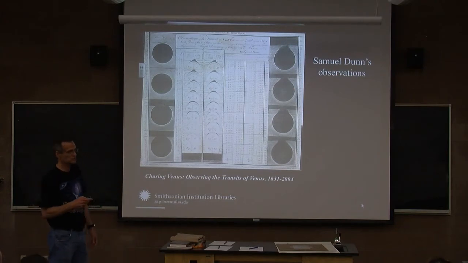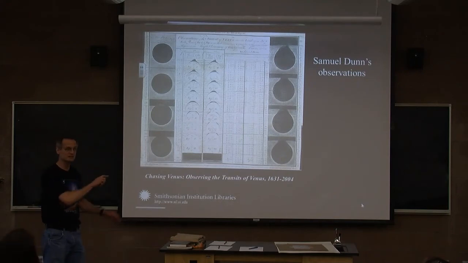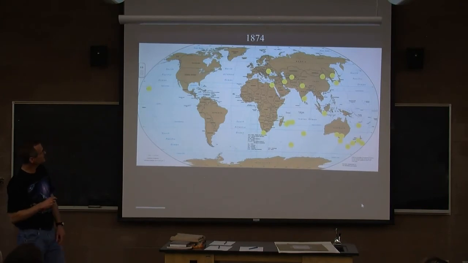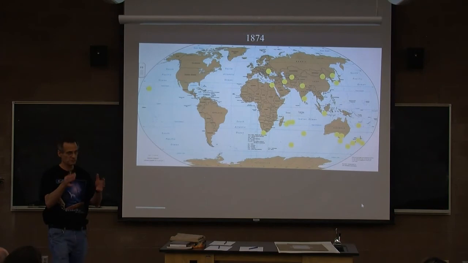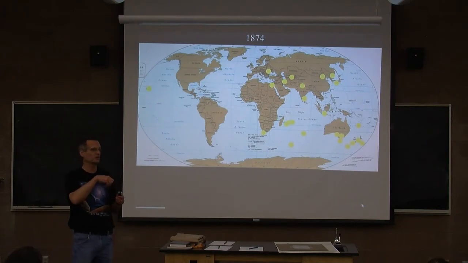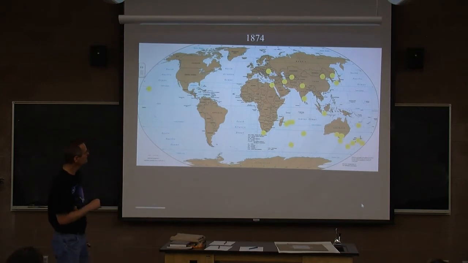Now, when we get to the next series of transits, the next one will be in 1881. Whoa, too far. Sorry, 1874 and then 1882. In 1874, people went all over the world again. Now, in the late 1800s, photography was available. They could actually put cameras on the telescopes and take pictures and time when the pictures are taken, and that way they're not subjected to people's drawings and people's impressions of what they saw. They actually get photographic evidence.